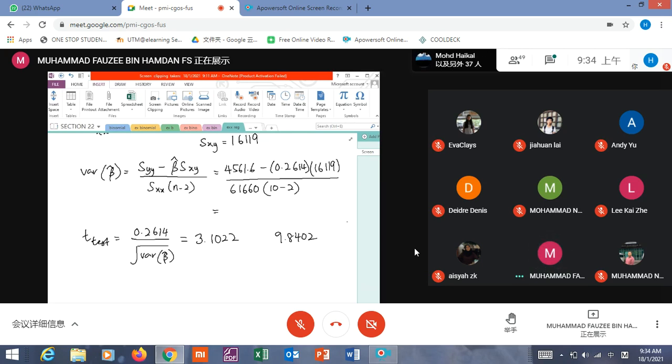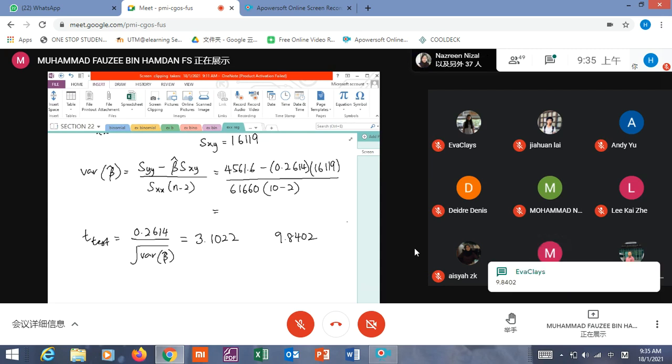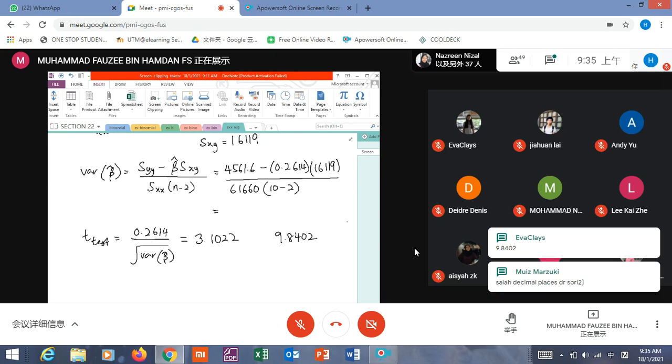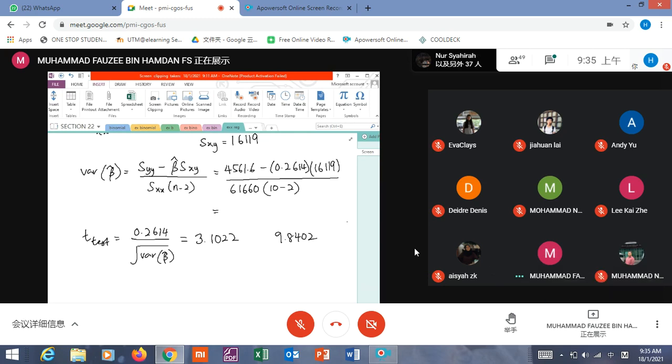Okay, Najib nak tengok apa data tu? Kan dah buat ke Najib? Okay. Tu hati-hati Najib kalau dalam test, kalau dalam final nanti